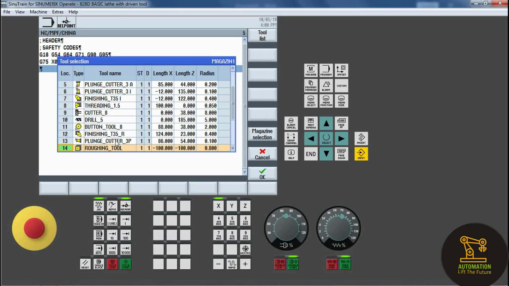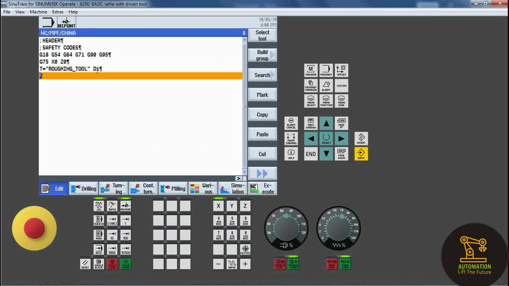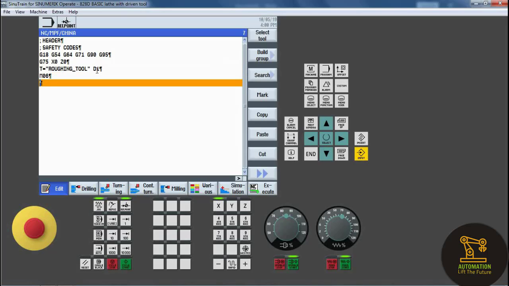Click on select tool and select the roughing tool we created last. So click OK. The tool will be generated, and D1 is the offset, and M06 is the tool change at homing position, and G96 is the constant cutting speed of the spindle.